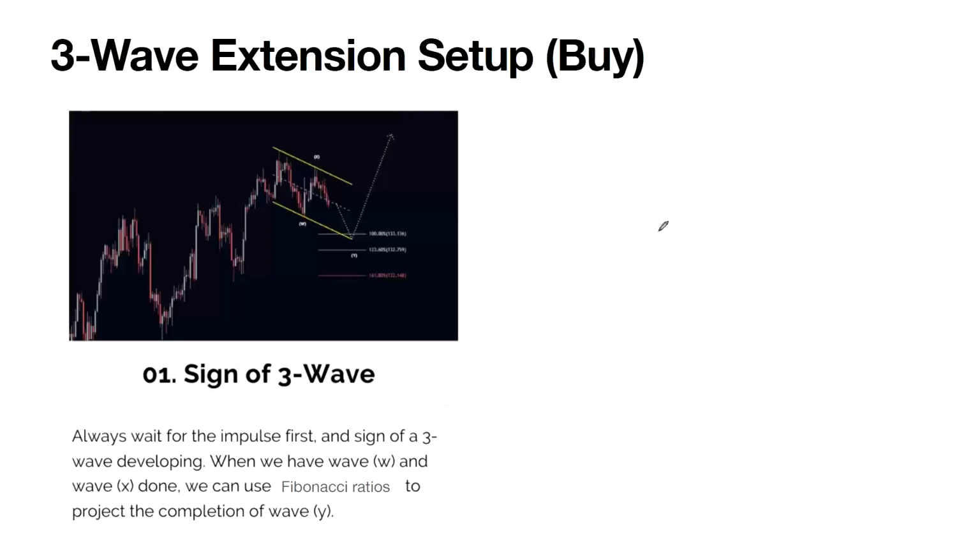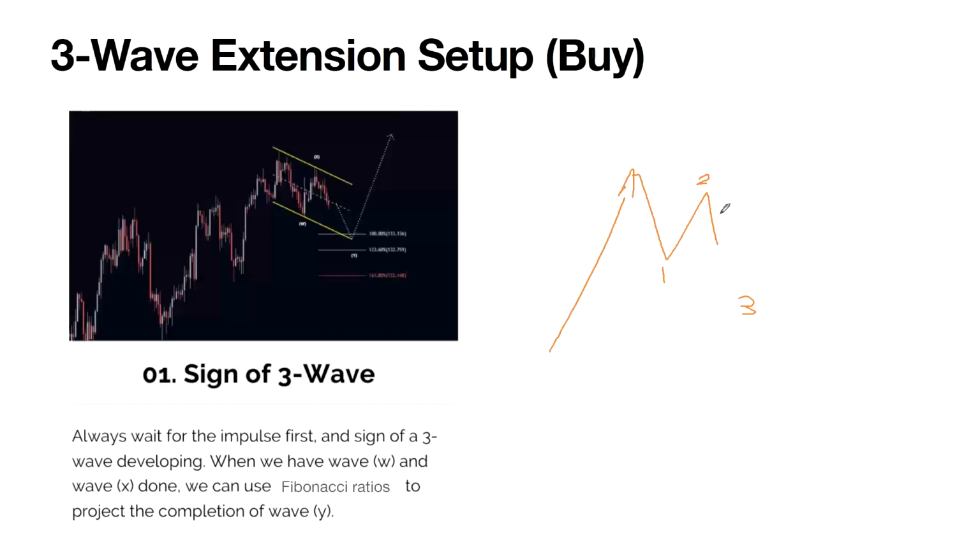In the Elliott wave principle, there's a principle that states that the market tends to move in 3. Just now we talked about the pattern of an impulse followed by a correction, and then we expect the market to continue its trend. So when we talk about the 3-wave extension, essentially we see an impulse, and as the market is developing correctively, we want to expect at least a 3-wave move. If this is one move, this is the second move, we would expect it to form the third move. That's what we call a 3-wave extension.